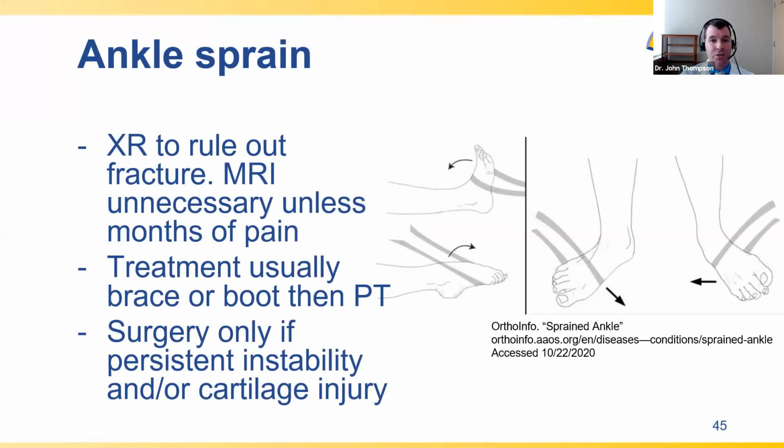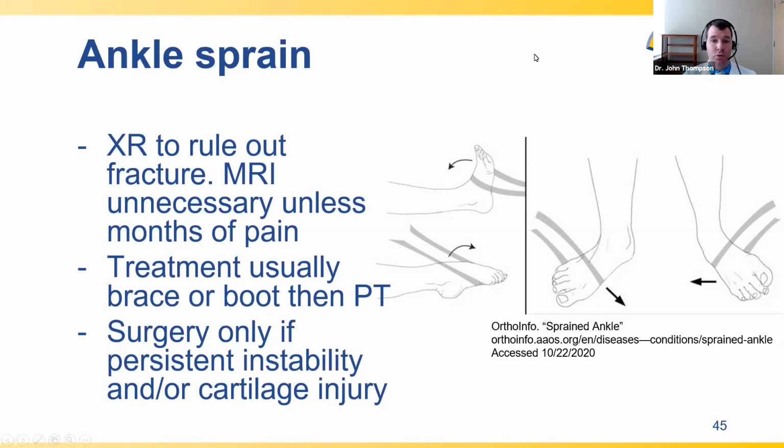So in terms of imaging, x-rays are important here to help differentiate between an ankle sprain and an ankle fracture, both of which can feel similar immediately after injury and can both be injured by a similar mechanism. MRI is actually not generally helpful immediately after injury, but for ankle sprains that do not improve after at least 1 to 2 months, MRIs can be helpful to assess for an underlying injury to the cartilage that unfortunately typically does not improve. Ankle sprains are almost universally treated with some form of immobilization, followed by graduated physical therapy focusing on motion. This is called proprioception, or helping to train your body to stabilize your ankle subconsciously.